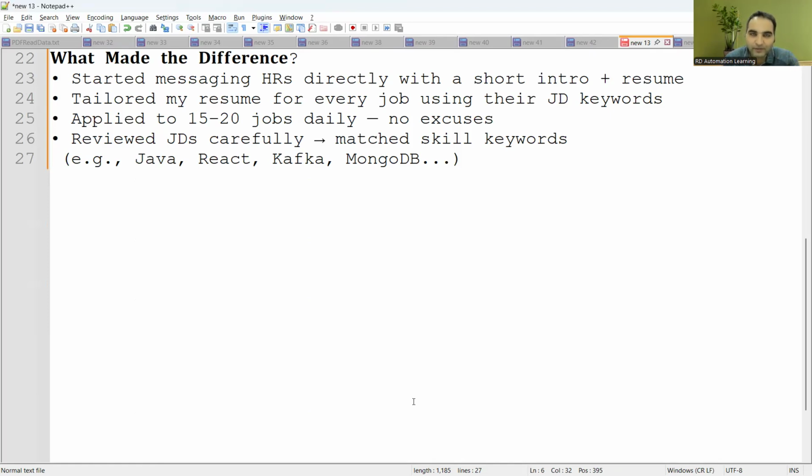See, the initial 5 job descriptions you will have to analyze. Once you do that kind of data analysis, you would be able to get an idea: okay, these particular skills are in demand, so I need to include them in my resume, and I need to prepare accordingly for the interview, because it's important. Just including the skills in your resume will not help. Obviously, you will have to prepare for those things, right?